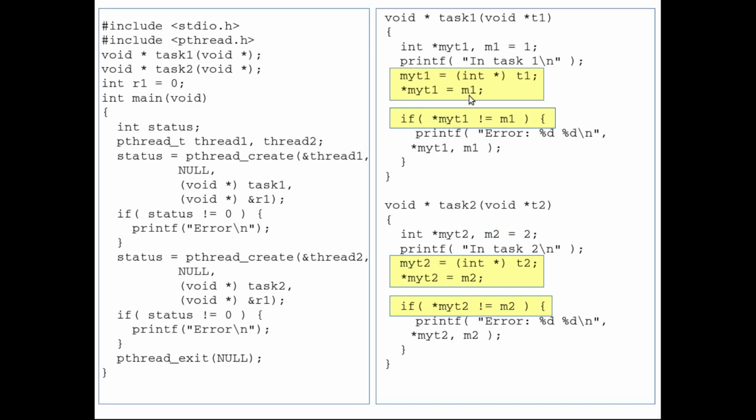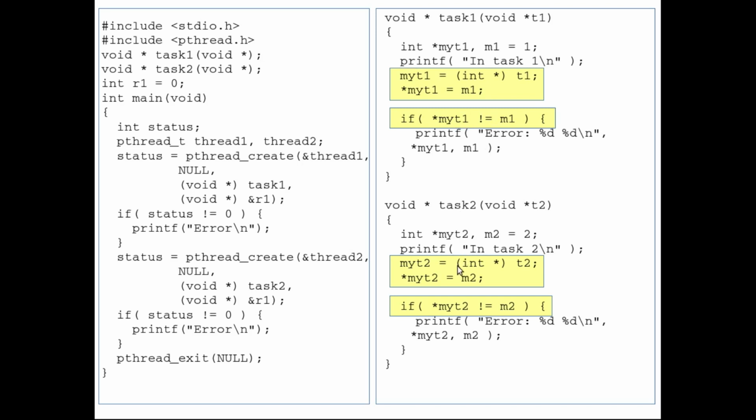So first we store the value of m1 into the global variable, and then we check whether that global variable r1 is equal to m1 or not. Generally speaking, they will always be equal, and hence the error will not happen.